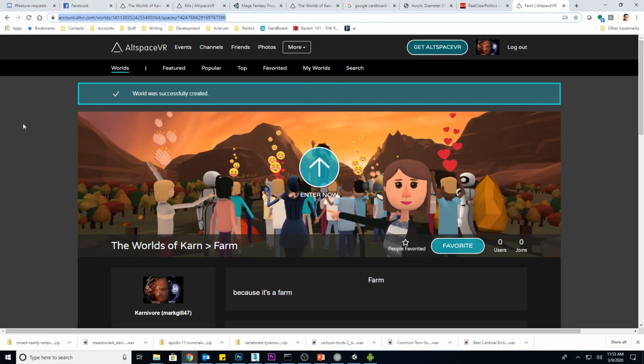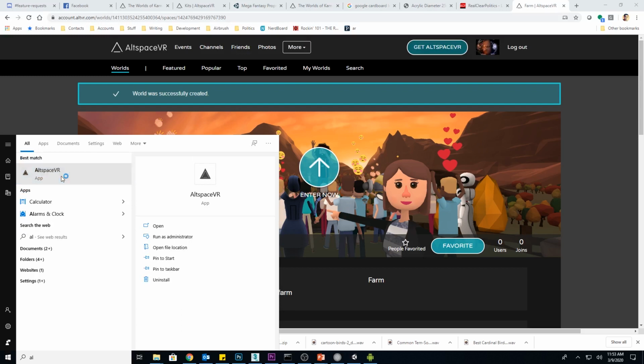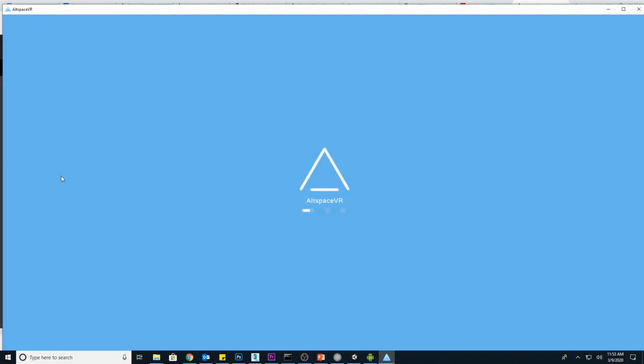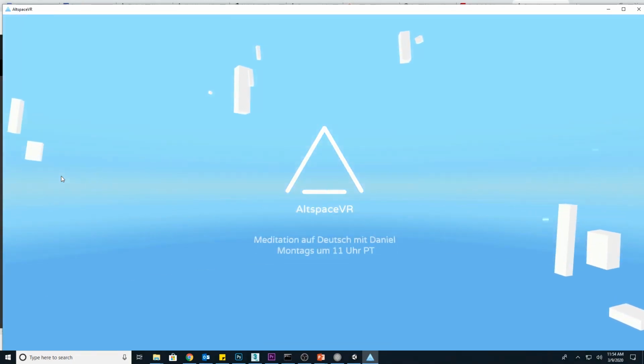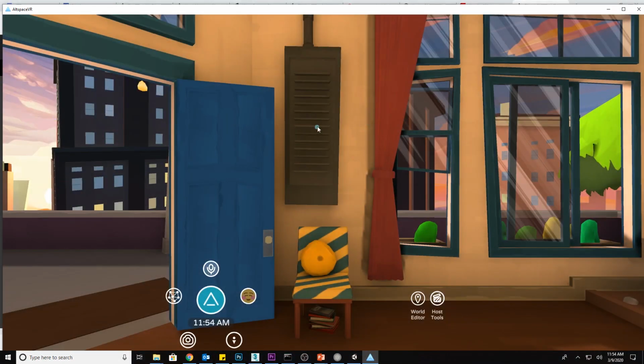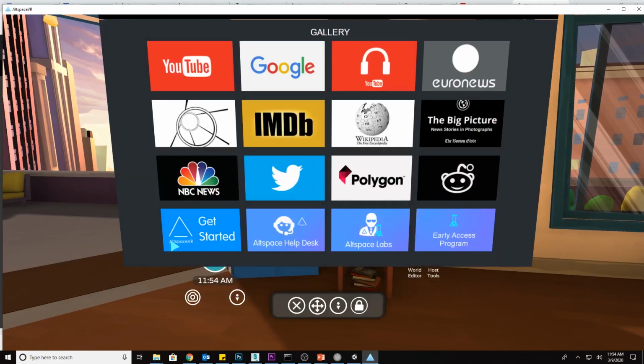I can copy that link to this world, and I'm going to show you another way of getting into it. I'll bring up the AltspaceVR desktop client that uses the Windows side of things. A lot of times I'll check my templates with both the 2D client and something like the Oculus Quest, because that'll let me know how both builds are working. I want to make sure that regardless of whether or not my users come in on a desktop or in a Quest or Go, that they're going to be able to